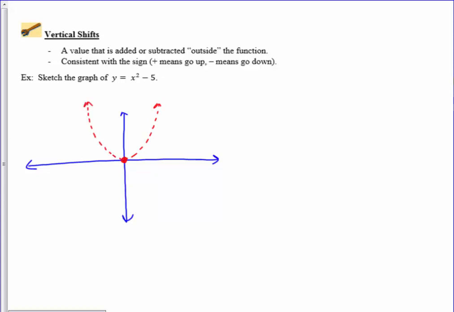Okay, and then on this one, we have a 5 that's subtracted on the outside of the function. So that would indicate that I would need to go down 5 units. So I would take this basic shape and then just drop it down 1, 2, 3, 4, 5 units. So now the vertex is here. I keep the same basic shape